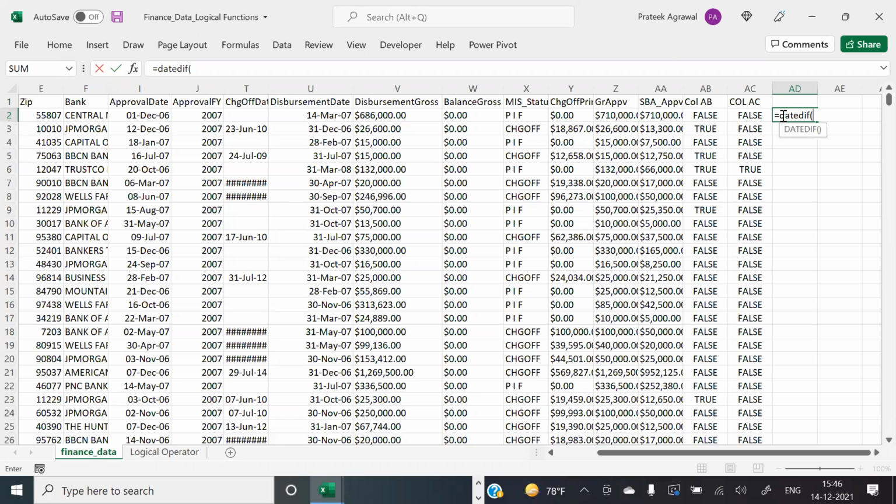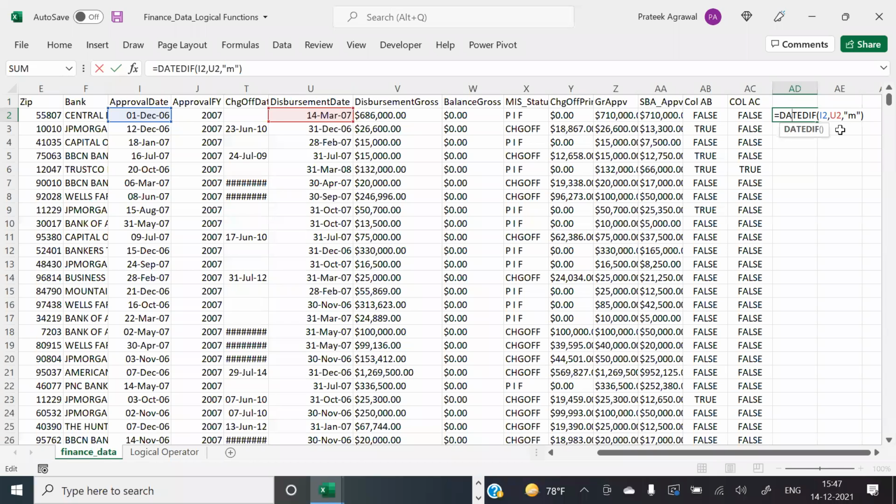So if you use datediff, the syntax is first you have to use the start date. Our start date is going to be approval date, comma, end date, which is going to be the disbursement date. If I want it in terms of months, I simply have to put M over here. If I want it in terms of years, I'll put Y. If I want days, then I'll put D. So that is what it does. And then it can find the remainder also. Oh, actually, this function is not working in my Office 2021. It would work. It's just hidden.